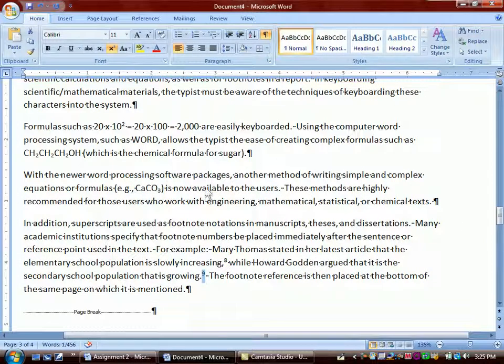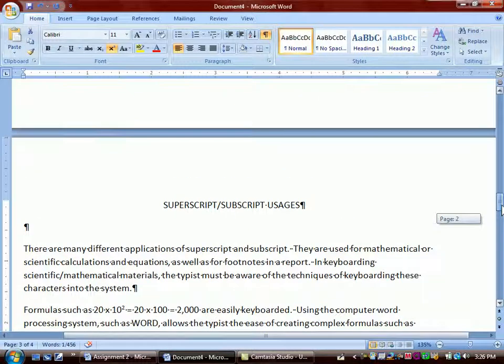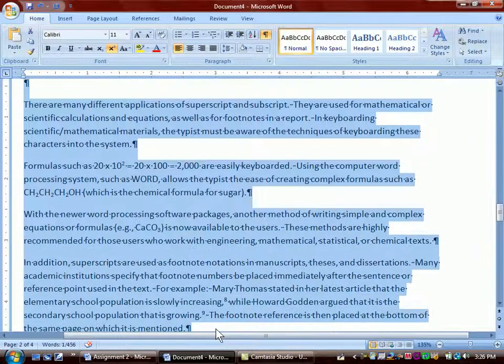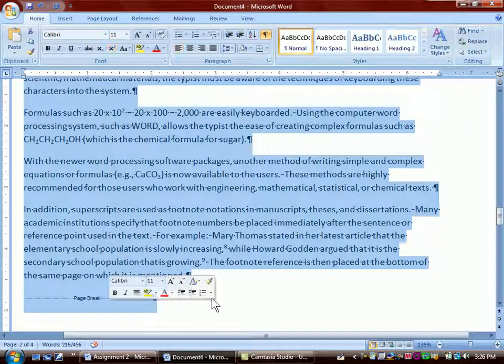Now we're doing this because you want to make an identical copy to place on the next page, and you need the sub and superscripts indication on the next page also. So once you've done that, go ahead, bring it to the top of that page, block all the way down, and in this case I'm using my mouse cursor. Notice I've blocked the page break. I'm going to use a copy,